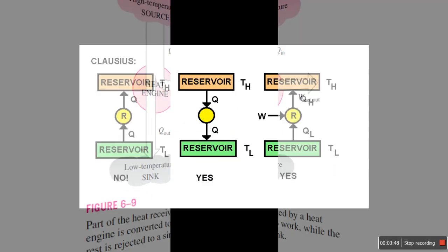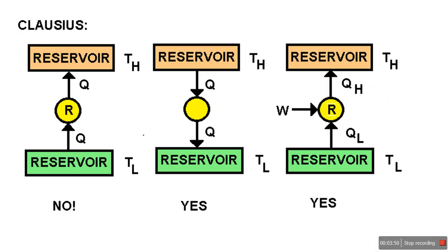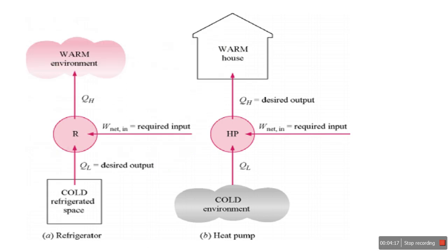If we see the second statement, according to Clausius, we know that heat always flows from higher temperature to lower temperature. The second figure is possible. Heat can't flow from lower to higher temperature on its own. This is highly impossible. But it is possible to carry heat from lower temperature to higher temperature only when we supply some kind of energy. This is the Clausius statement, and under the Clausius statement we see two applications, the refrigerator and the heat pump. So let's start with the refrigerator.